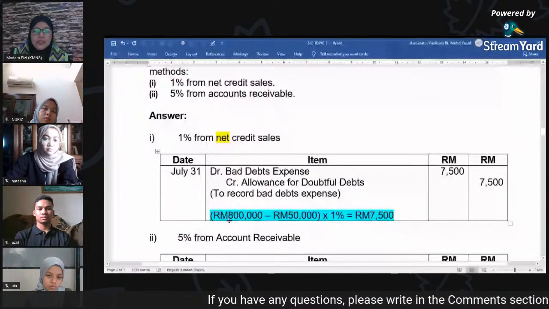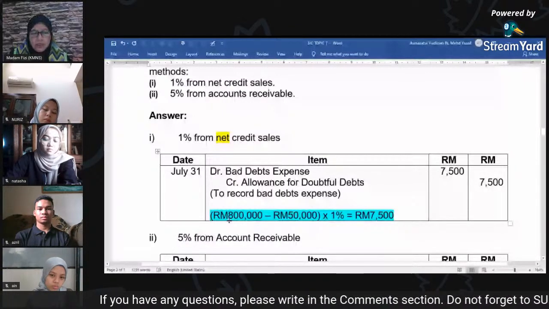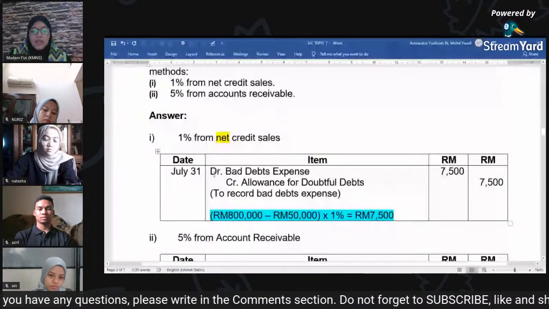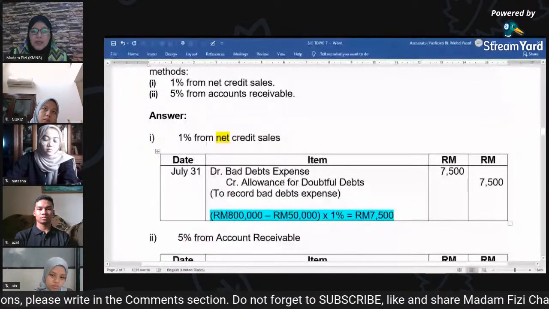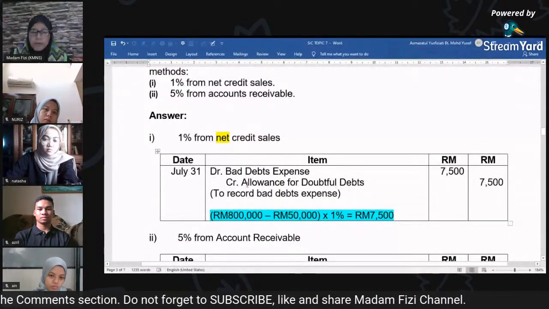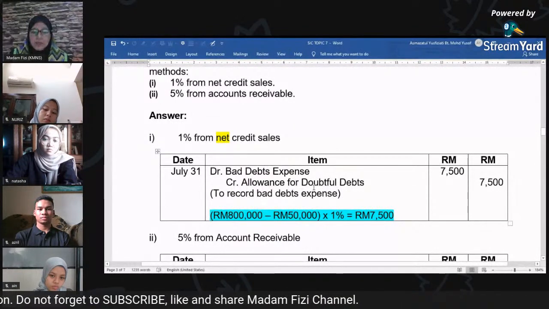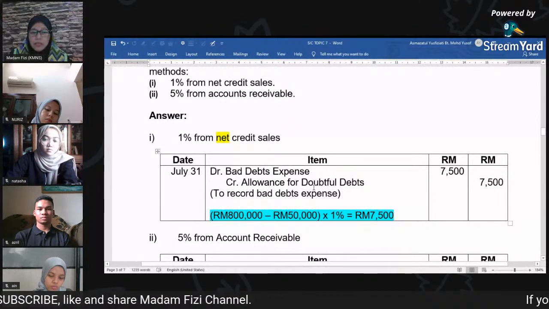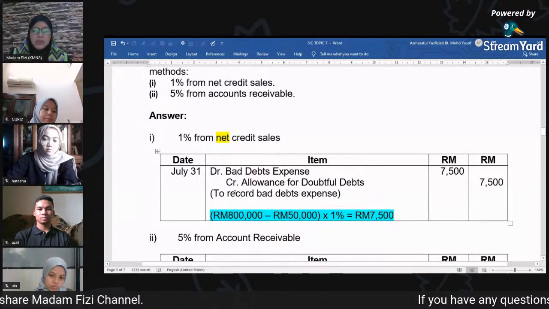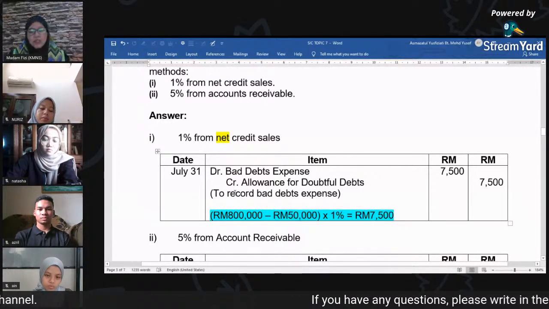Firstly, you write down the date, 31st July, debit bad debt expenses and credit allowance for doubtful debt. Kenapa credit allowance for doubtful debt? Because they are using the allowance method, to record bad debt expenses. So the calculation is